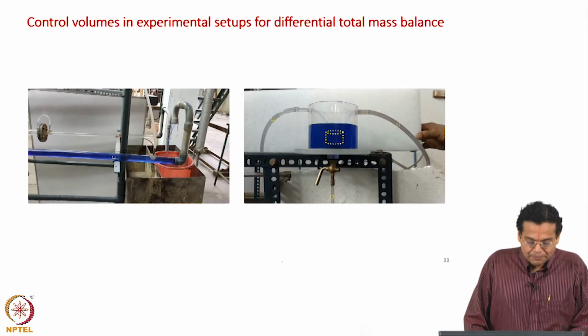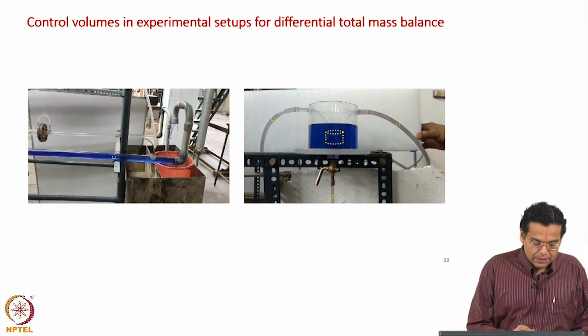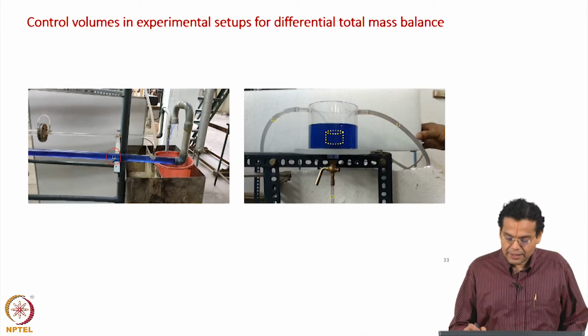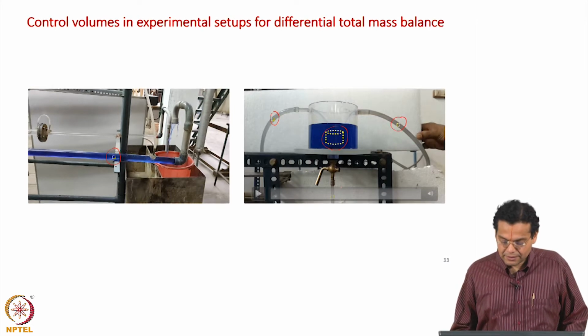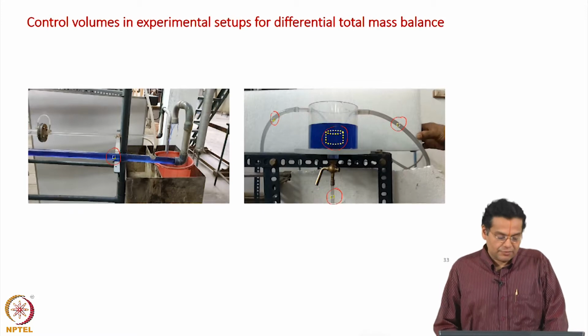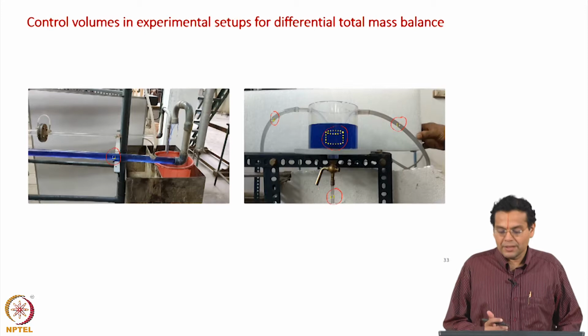So the yellow and dashed lines represent the control volume which is now inside the equipment. That is what is to be paid attention to, either inside the tank, or in the inlet pipe, or in the outlet pipe. Okay. So the control volume, when we say differential balance, has to be imagined as a very small volume. We will see as we go along.